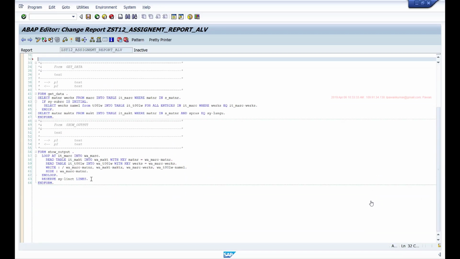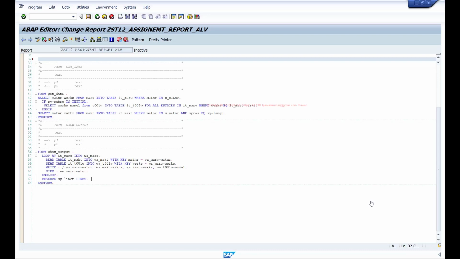With ALV, all you have to do is call one function module and pass your data to that function module, and it will take care of generating the report output for you. It's very simple and straightforward, and ALV is a bit evolutionary. First SAP introduced ALV via a function module, then via the control framework, where you can call a controller class and use that to generate your ALV within the control framework. And now we have a much better version, the ALV object model, which is a pure object oriented implementation of ALV. ALV stands for ABAP list viewer.